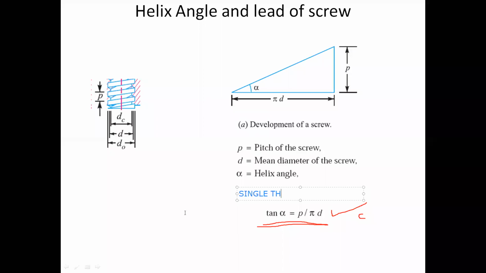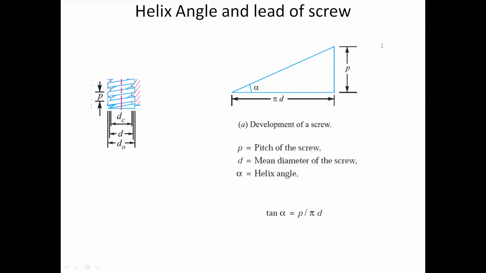This is for single thread. Now same thing you can write about the multi-thread. If there is a multi-thread, just now I told, multi-thread means क्या है? जैसा कि यहाँ पे एक ही थ्रेड है, एक ही थ्रेड के बजाय दो या तीन थ्रेड एक जगह से स्टार्ट होते हैं. क्यों ऐसा करना पड़ता है? Why we need to complicate that? क्योंकि हमें ज्यादा से ज्यादा linear distance होना है एक ही टर्न में, then we are going to use lead. So if it is a double start, then it will advance 2 times pitch. If it is a triple start, then it will advance 3 times pitch. So that is called lead.